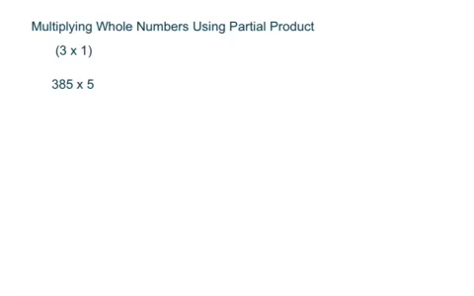When multiplying whole numbers in 5th grade, another strategy we ask students to try is partial product. At first glance, partial product looks a lot like the standard algorithm, but then it asks students to build on their place value knowledge. Let's check it out. So I'm going to write out the problem, 385 times 5,